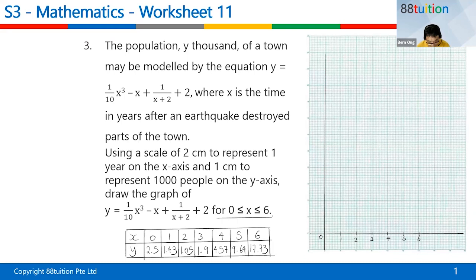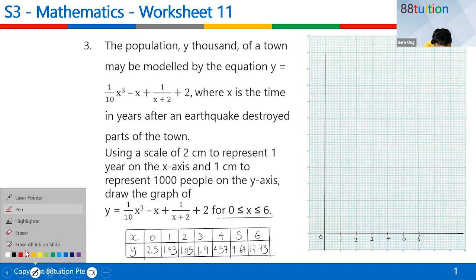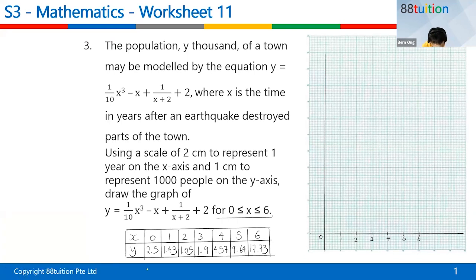So down here represents the thousands of people. So the numbers down here, you must actually change them. So 2.5 is like 2.5 times 1,000. So 2.5 times 1,000 is 2,500. Down here is like 1,430,